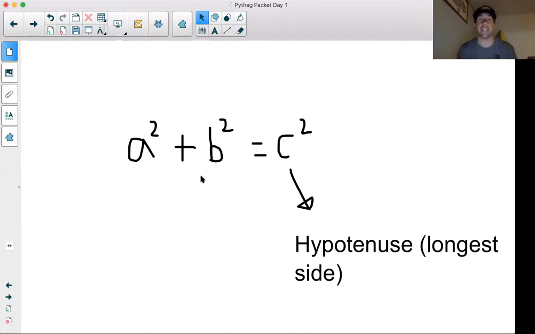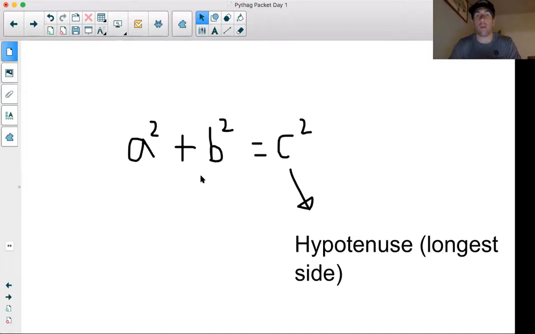So there it is, guys. That's the Pythagorean theorem. A squared plus B squared equals C squared. And what does this theorem do that Pythagoras himself came up with, which is I think one of the most famously known theorems out there? It helps us find the missing side of a right triangle. And there it is. That's the Pythagorean theorem.